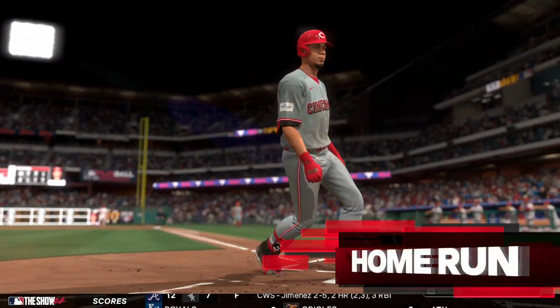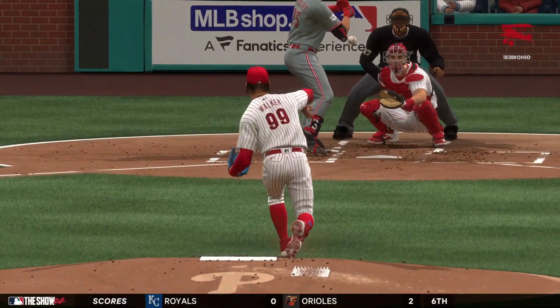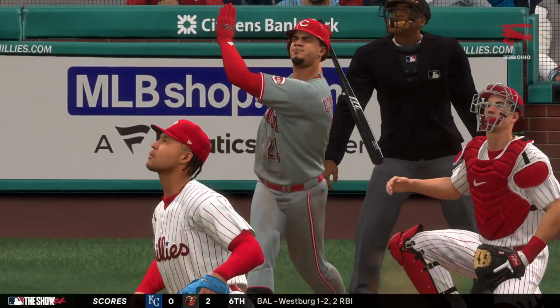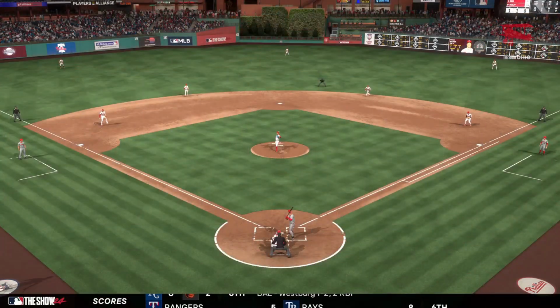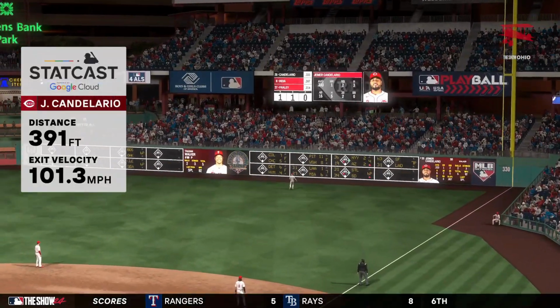Gone. And they add a run. It's 8-0. Really great job of anticipation there. He knows he throws the sinker. That one down in the zone. You're trying to beat it to the spot it's getting to. Well, he